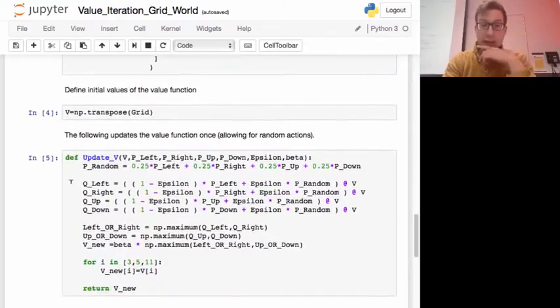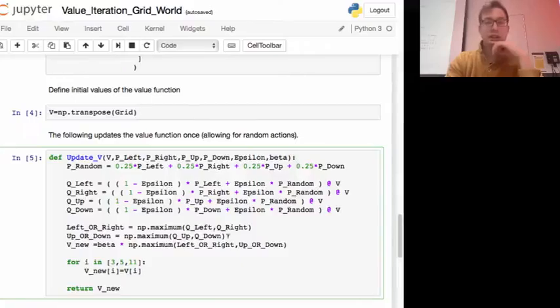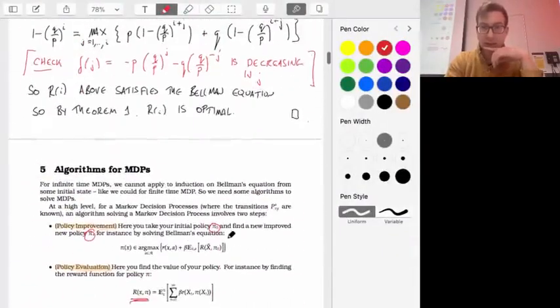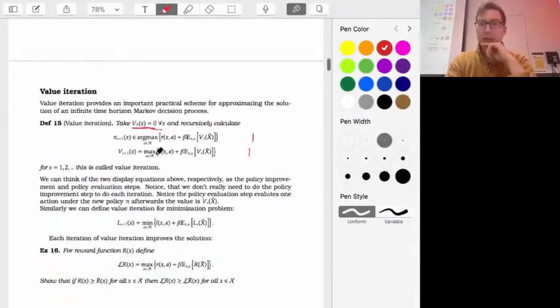And then here is a step that essentially does the value iteration part. Here I define the new value function to be the evaluated value of the best action, the maximum, going left or right or up or down. So it's essentially just written down as a program, that maximization.